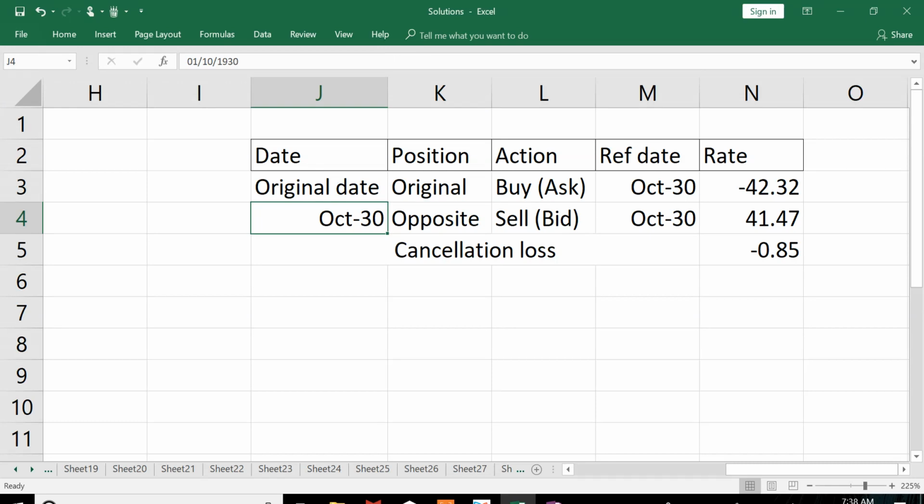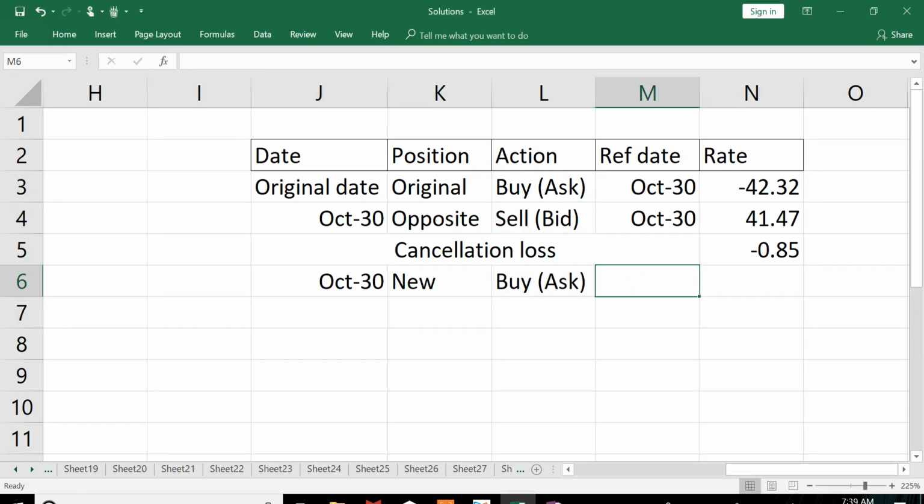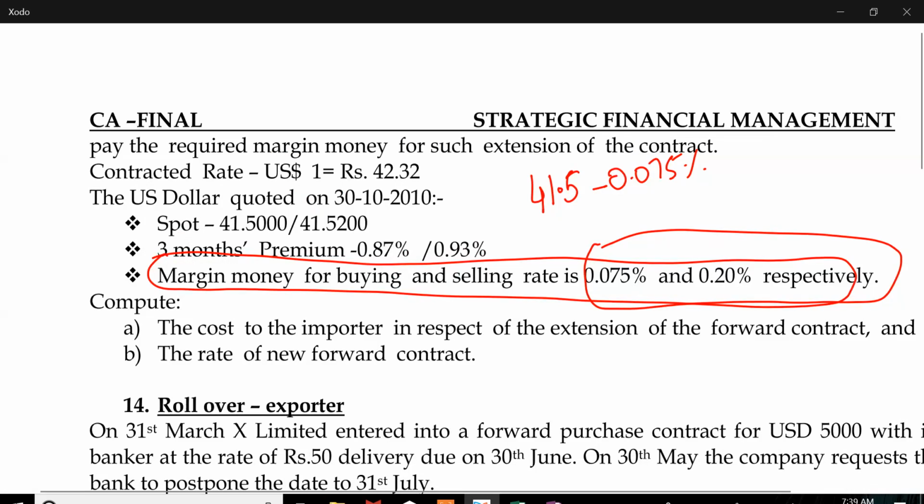On October 30, what I am doing is new, and new is for which date? Jan 31st, 3 months. Tell me, how will you calculate this? 41.52 plus 0.93% plus